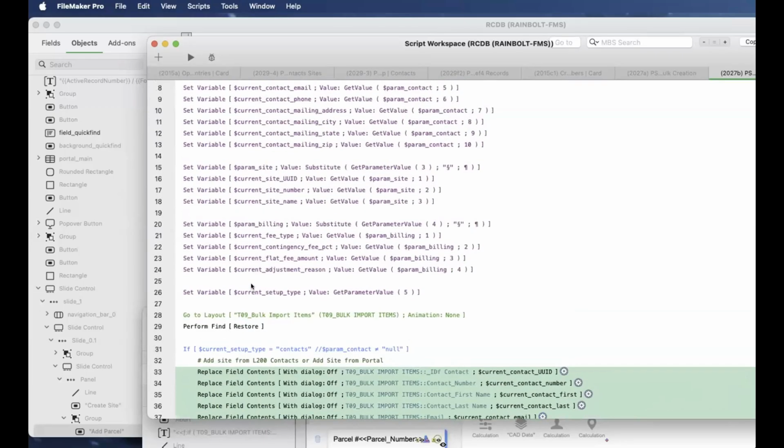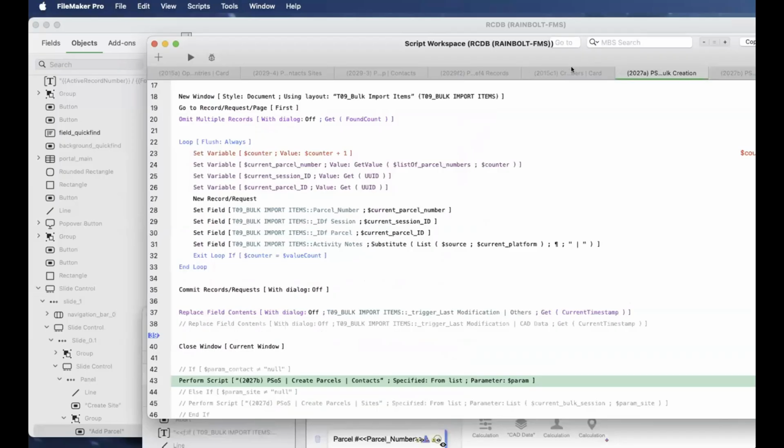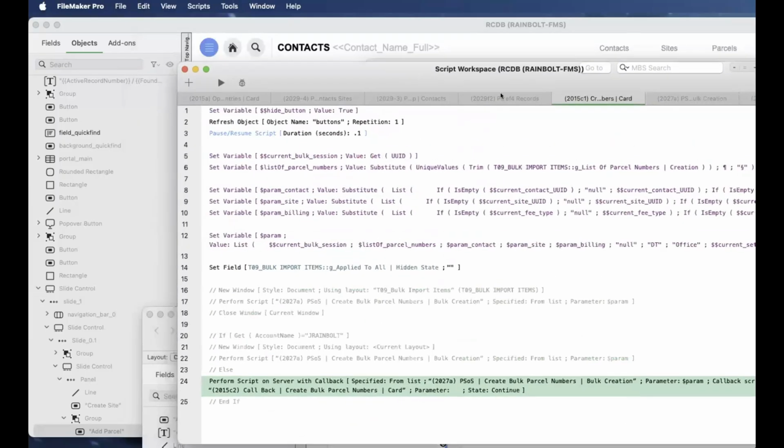So, this technique of getting everything helps you, especially when you need to pass parameters from one script to another, right? Because especially when you go from local to PSOS, right? So why am I using this list stuff, right? Why am I using these substitutes, okay? So let's say here, for example,